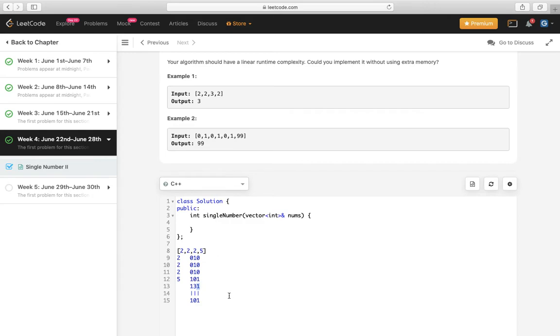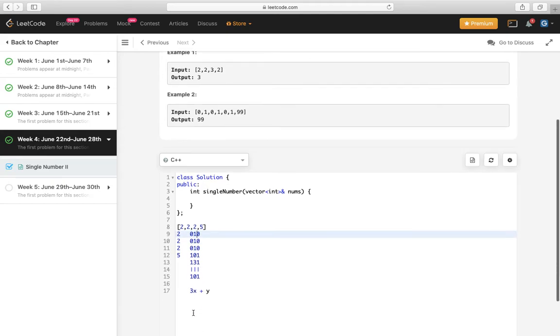So here y is the bits of the single number, and x is the bits of the numbers that appear 3 times. If we can eliminate this multiple of 3, then we can easily find the solution.